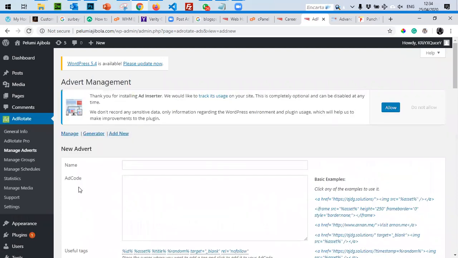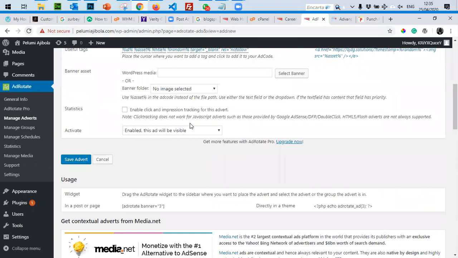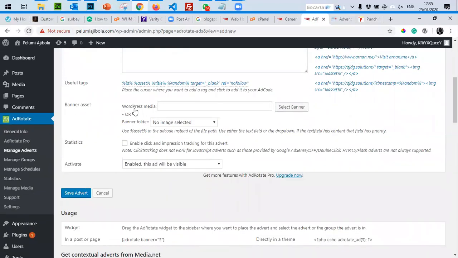Let's say I call the name of this advert COVID-19 sanitizer. I don't know what to do. So there's an advert code, WordPress banner.